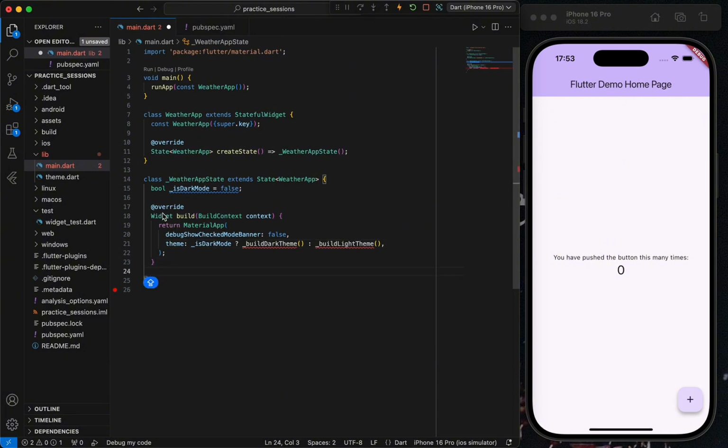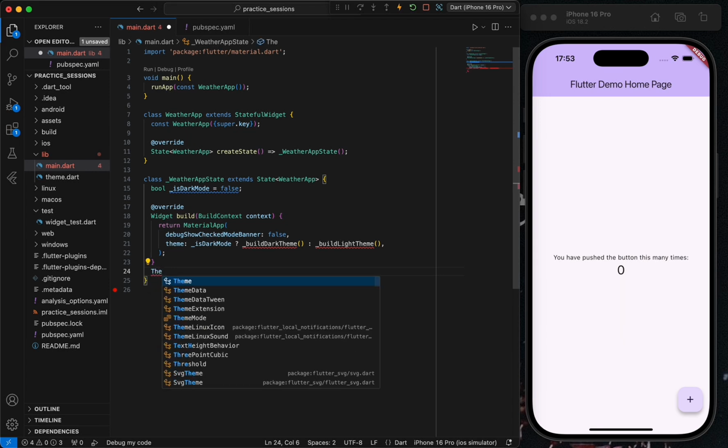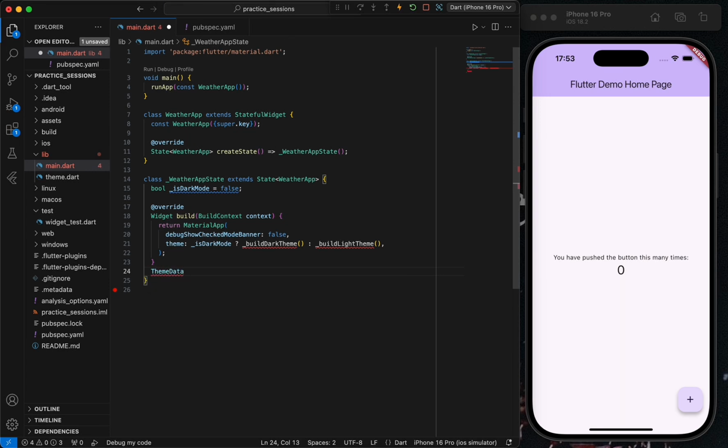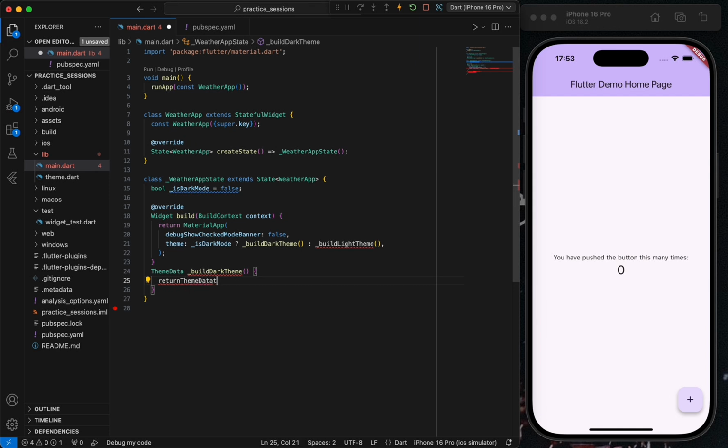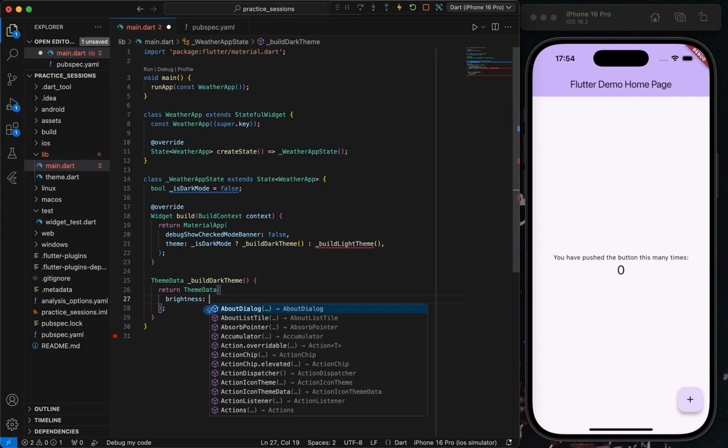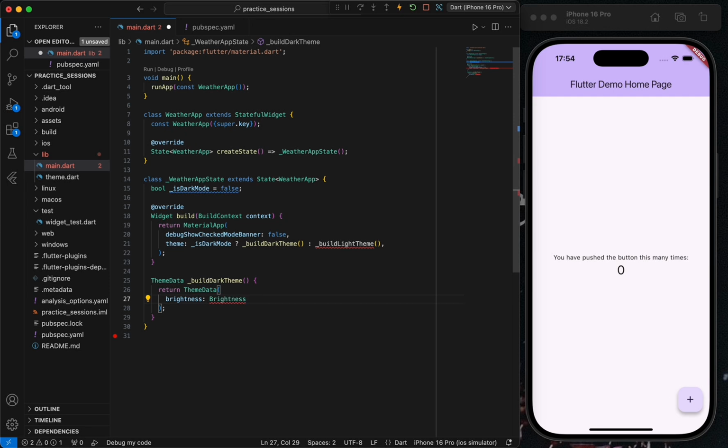So under this widget here, we'll do ThemeData _buildDarkTheme, bracket, curly braces, open, return ThemeData, another bracket, brightness will be Brightness dot dark, comma, textTheme